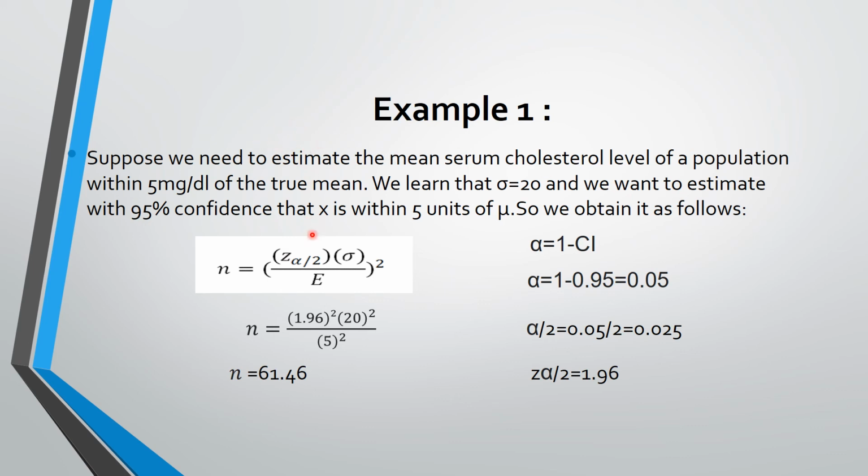Now putting the values in the formula, where n is equal to z alpha by 2 into population standard deviation over margin of error, we will do the square of all the values, where z alpha by 2 is taken from the table,